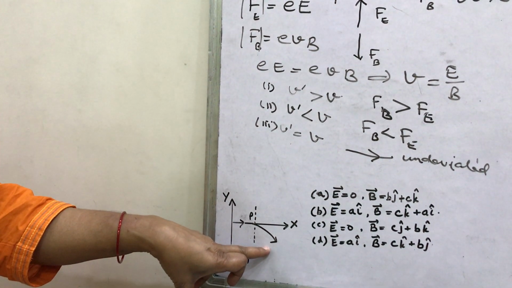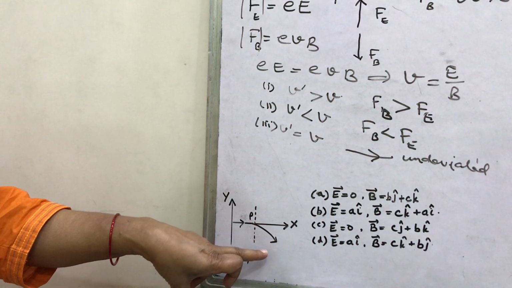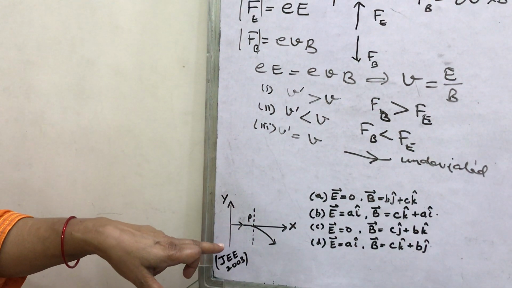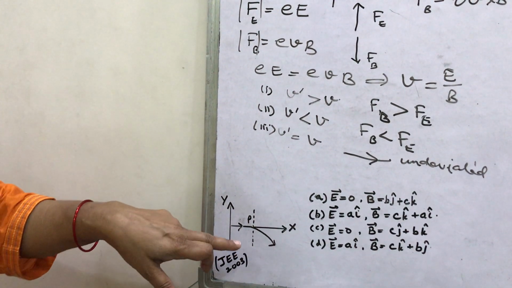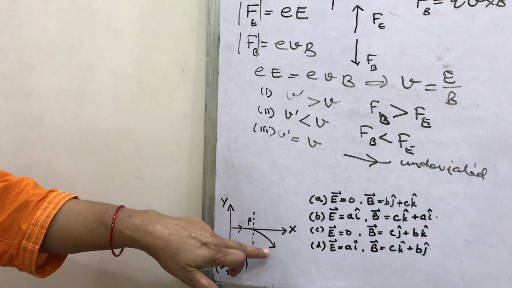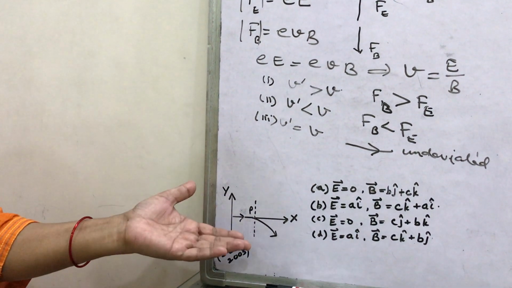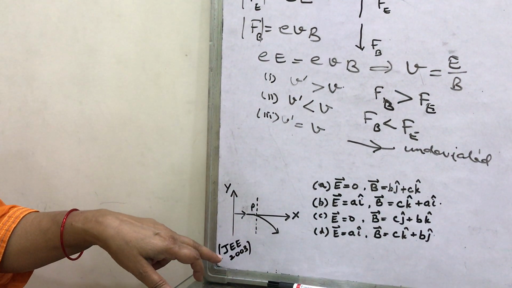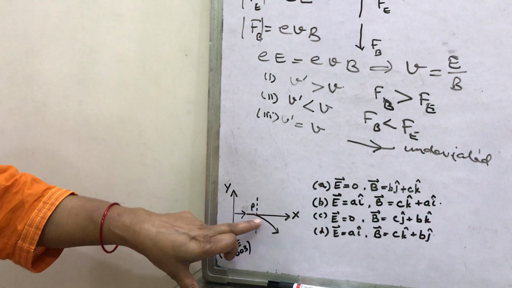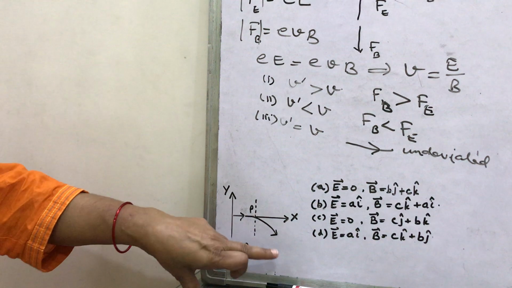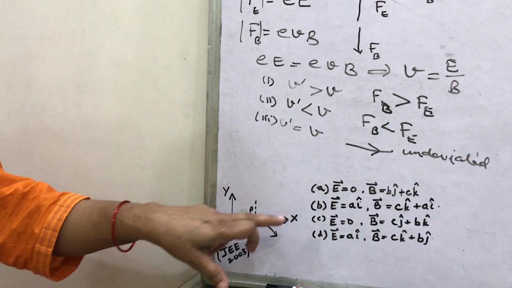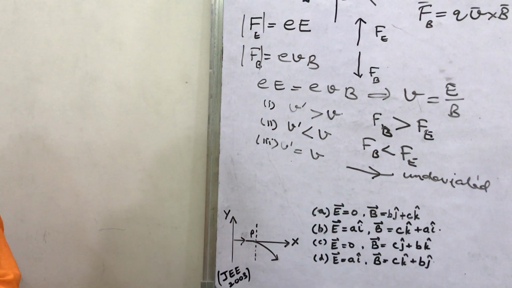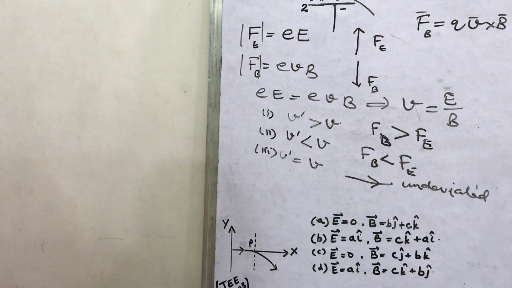A positively charged particle moving in the xy plane initially along the x-axis has a sudden change in its path due to the presence of an electric or magnetic field beyond P. Beyond P there is a sudden change in the path. Why? Due to the presence of an electric or magnetic field. The curved path shown in the xy plane is found to be non-circular. Which of the following combinations is possible? So out of these 4 alternatives given in competitive examinations, you have to select which one is possible.